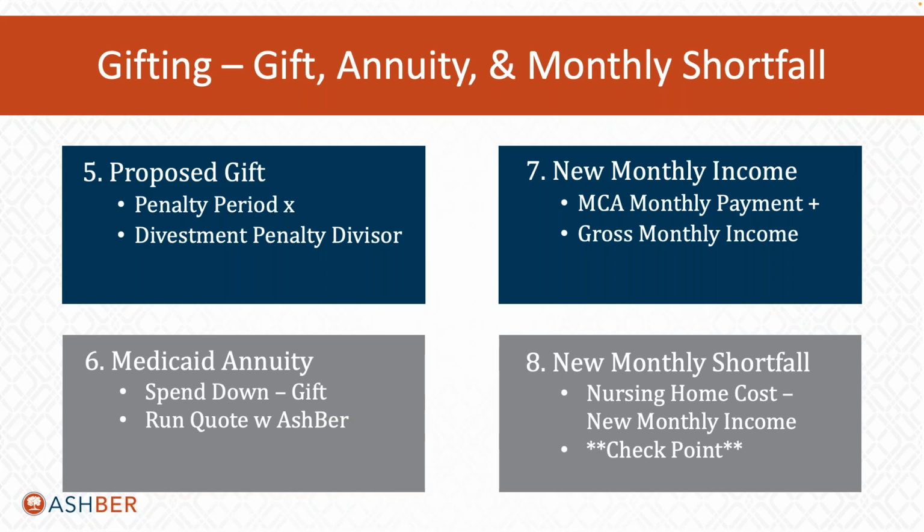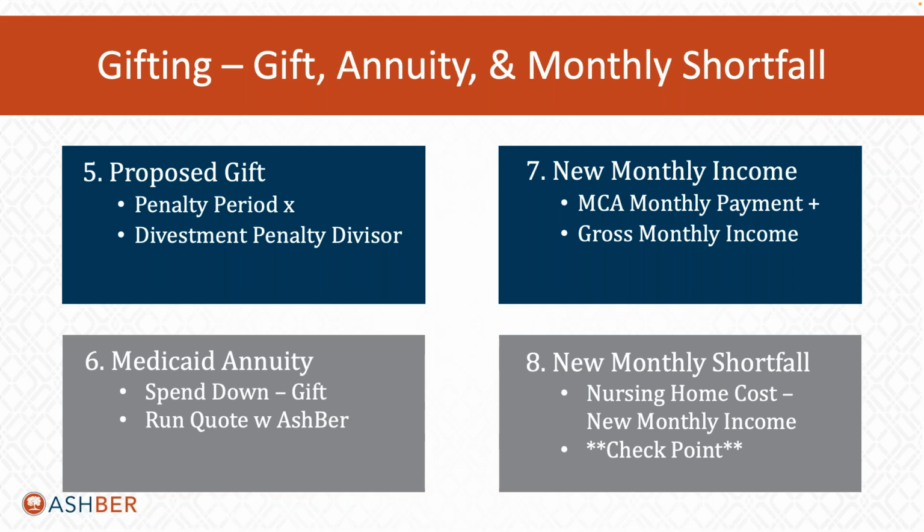But these are monthly figures that we're dealing with. So a penalty period, if you get 5, it should be 5 months. So you'd have a 5-month penalty, and because the divisor again is a 1-month figure, 5 times the 1-month penalty figure is going to get you a 5-month penalty, 5-month gift, essentially, whatever the gift is needed to create that 5-month penalty. So sorry for that long-winded explanation there, but let's go to step 6 here, which is the